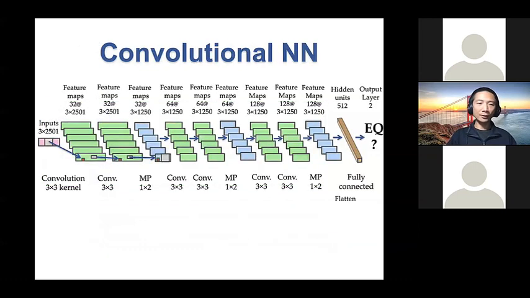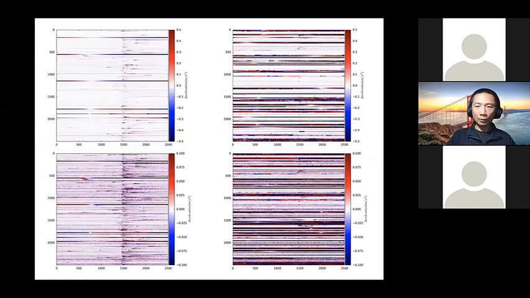You can see that these convolutional layers work like the feature extraction we just mentioned, but instead of relying on our knowledge of what type of feature is more useful, the layers automatically extract features from the waveform and then decide whether this is due to an earthquake or not. To give you some examples, these are the earthquake waveforms, or earthquake images, input into the